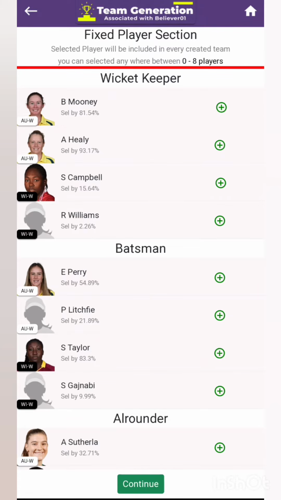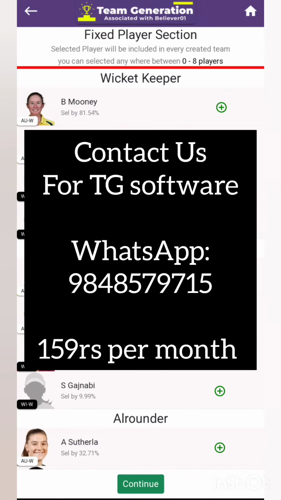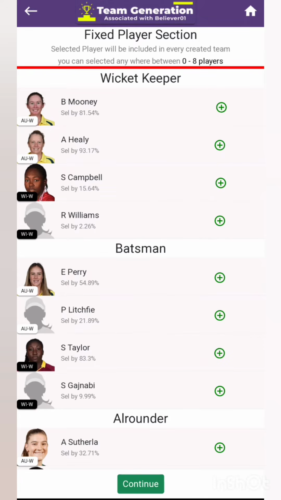But in the role frequency section, if I say I need at least 1 wicket keeper from Australia, it can be Beth Mooney or it can be Alyssa Healy. So we have the flexibility that we are not fixing 1 player, we are fixing 1 wicket keeper from Australia. If Alyssa Healy flopped, then Beth Mooney might get the chance and score more, so the team will not get spoiled because of fixing Alyssa Healy.